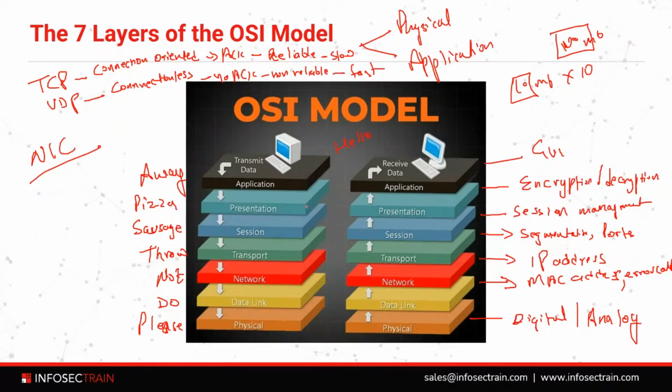So it will be encrypted at the presentation layer. So it becomes ELHLO. Then the session layer will start a session with the receiver's session layer. The transport layer will break it into smaller parts, right? Then the network layer will add the IP address, source IP address and destination IP address, and then the first segment, that means E, this is called a packet,